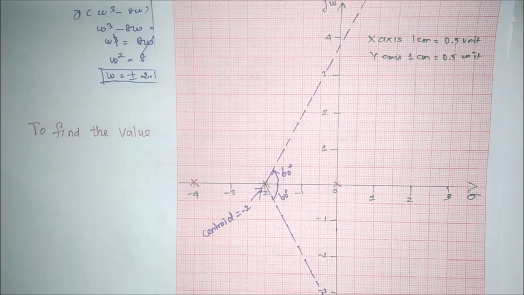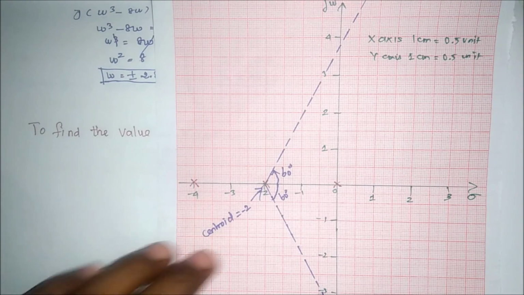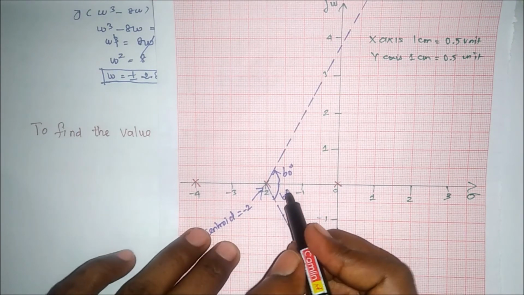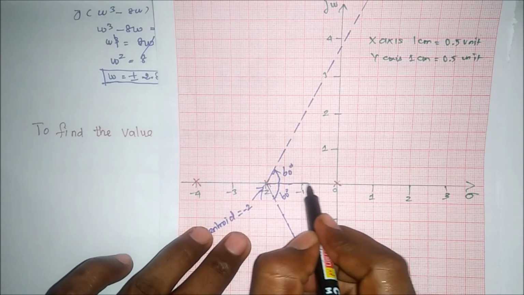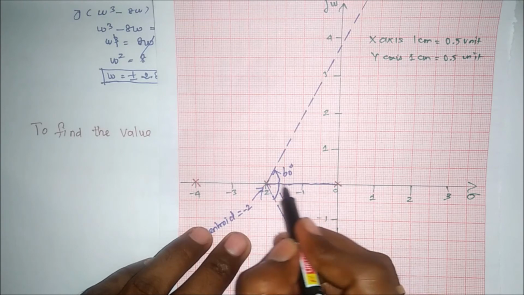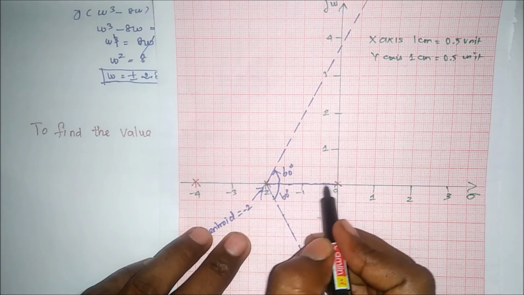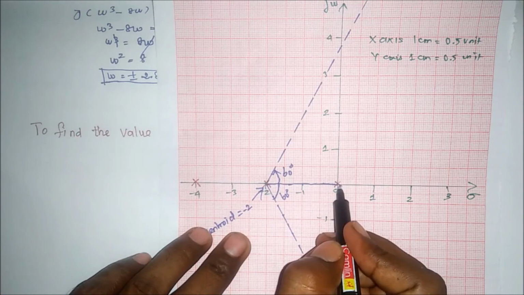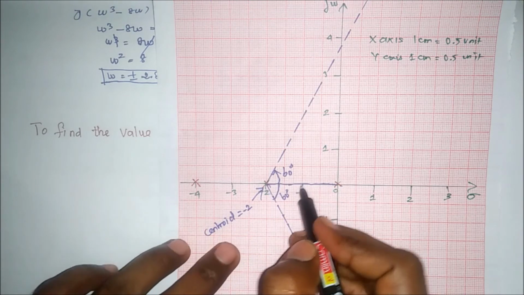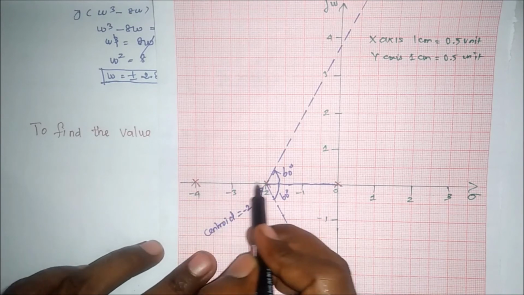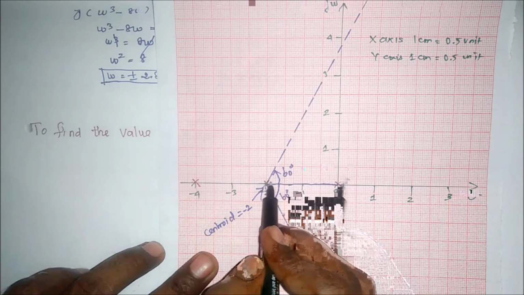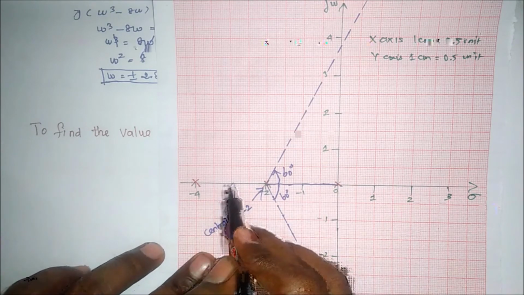So after this, we know this is a root locus. We have taken a test point at this point. If we take a test point between these two poles, definitely on the right side there is an odd number of poles, meaning only one pole. Therefore, it is a part of the root locus. If we take a test point between these two poles, on the right side of the test point there are an even number of poles. Therefore, it is not a part of the root locus.